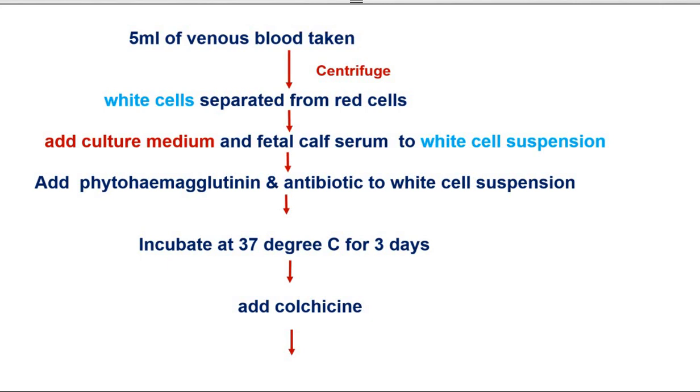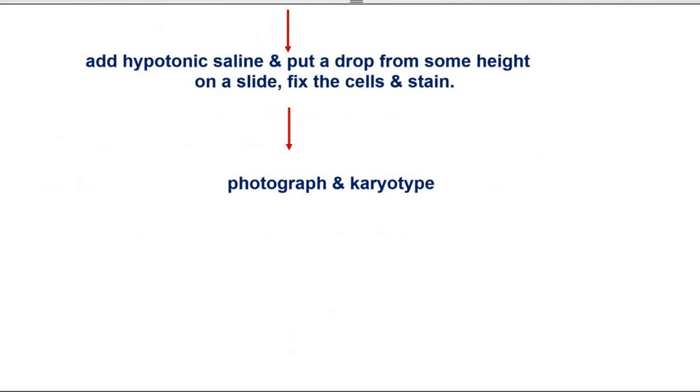The cell division is arrested in metaphase, so you get the metaphase of the chromosome. Now, to this suspension, you add hypotonic saline. This hypotonic solution will make the cells swell and the chromosomes separate, and ultimately you take a drop